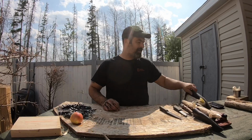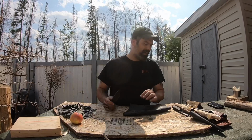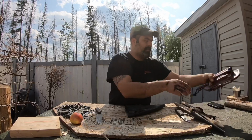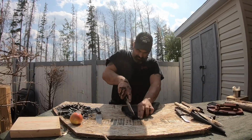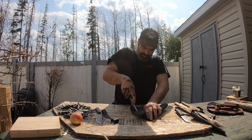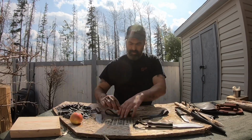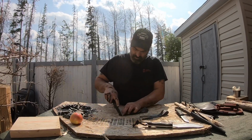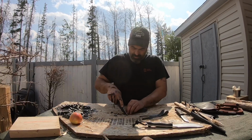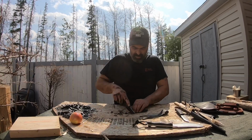All right, so let's do a cutting test. Start with this. It's 1095. This is stainless. We'll see how many cuts. But before that, we make some. All right, start counting. 1, 2, 3, 4, 5, 6, 7, 8, 9,